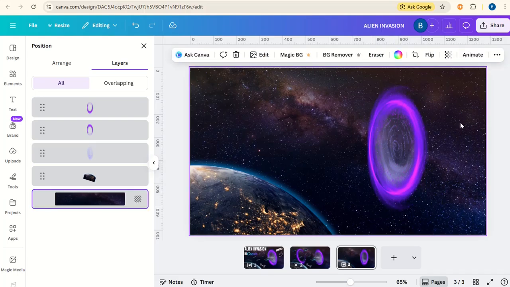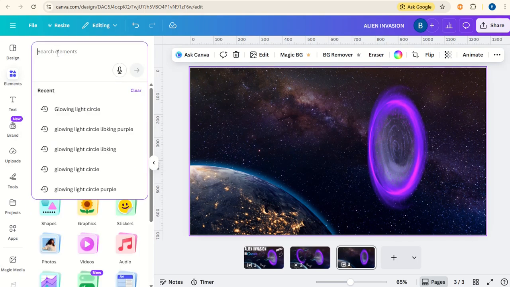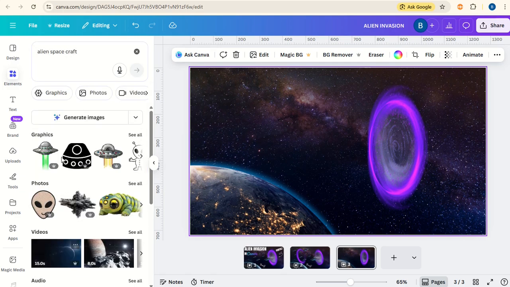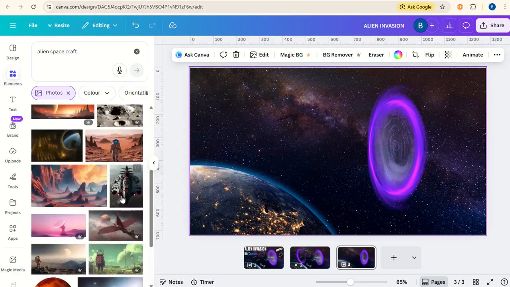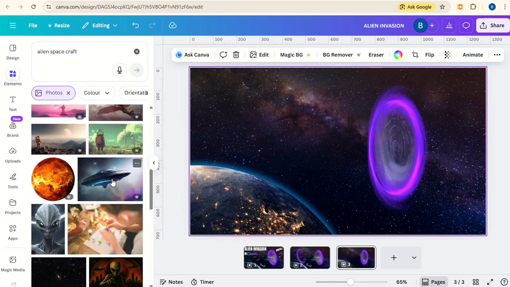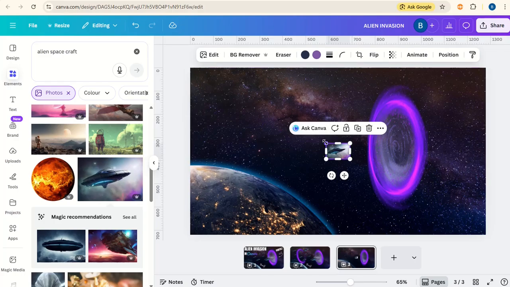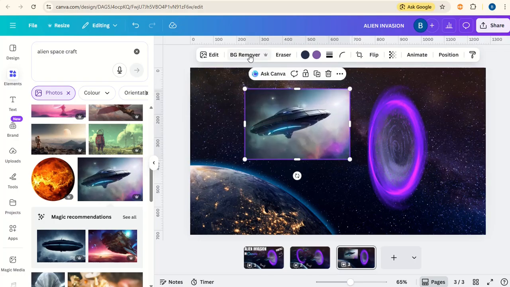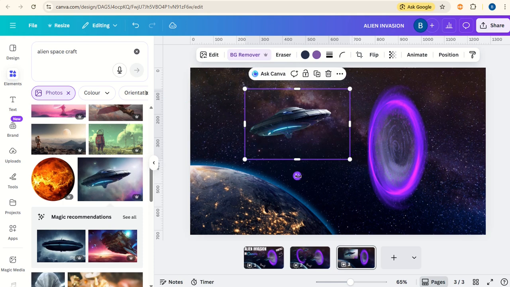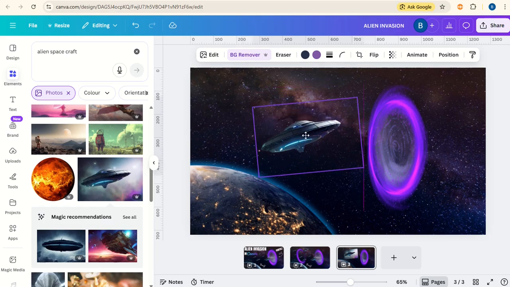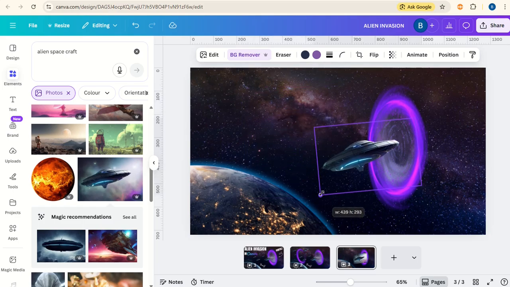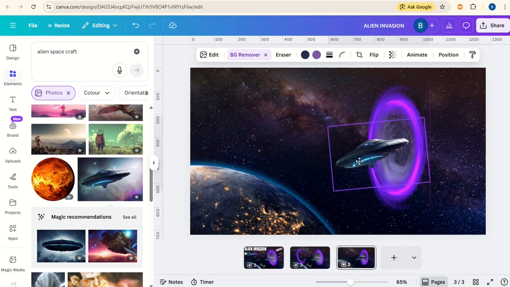Now the next thing we need is something to be flying out of the portal, so we'll go to Elements and then we'll go back and type in Alien Spacecraft. Go to Photos, scroll down. I'm going to go for this one here, so we'll click on that. Enlarge it and we'll remove the background. Now we can change the angle of this, but I'll keep it pointing downwards so it's heading towards the Earth. Let's make it just slightly smaller, place it across the boundary of the portal,